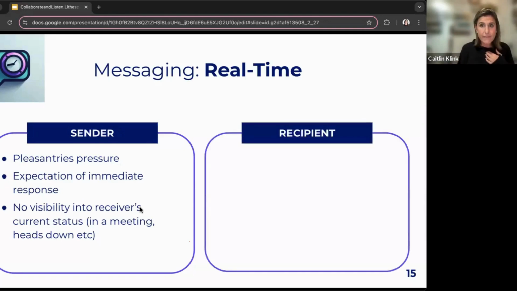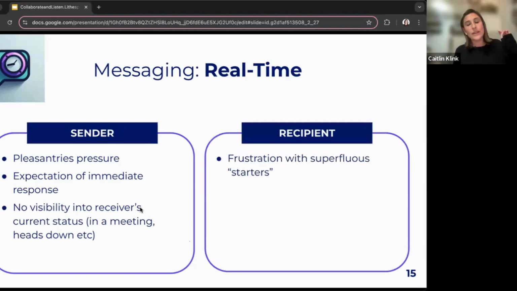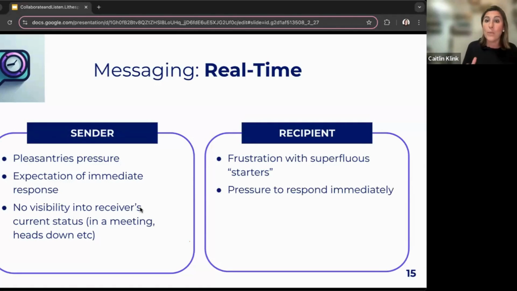As a recipient of those messages, especially that good morning, right? You get that good morning, and then you close all your other windows, you navigate to Slack, and you wait, and you wait, and you wait. And depending on how much you have due that day and how much you have going on, you're frustrated with that person and their level, right?